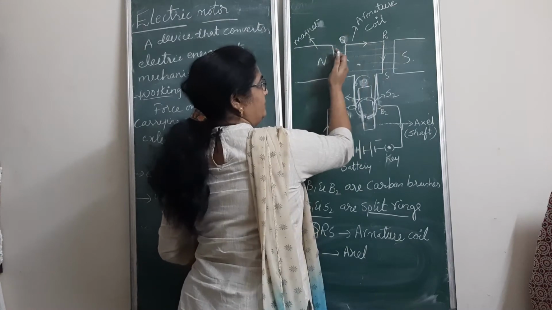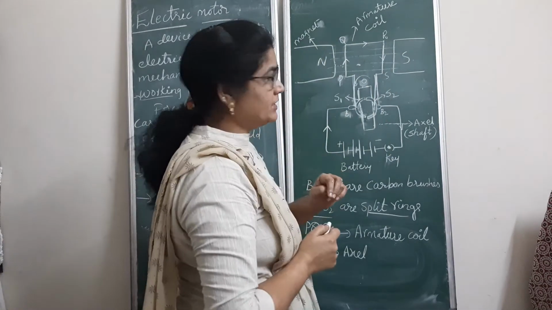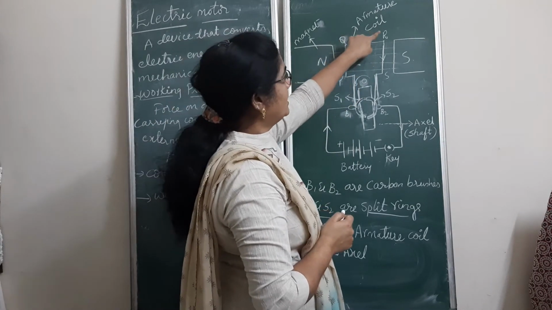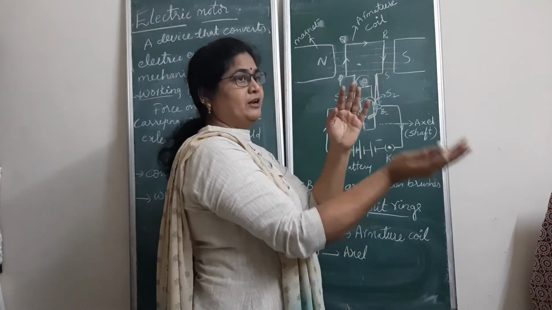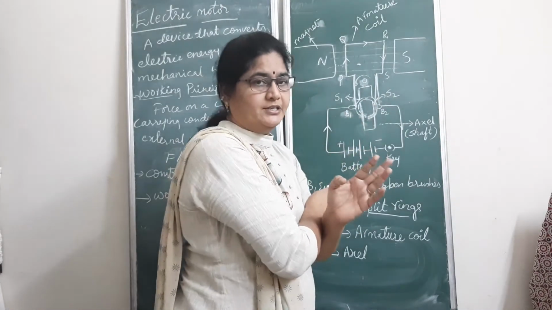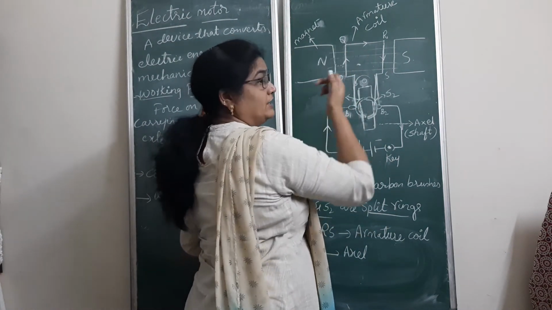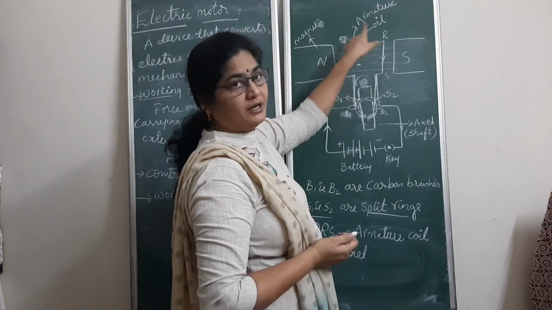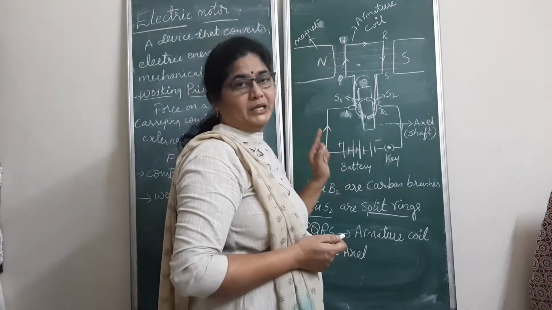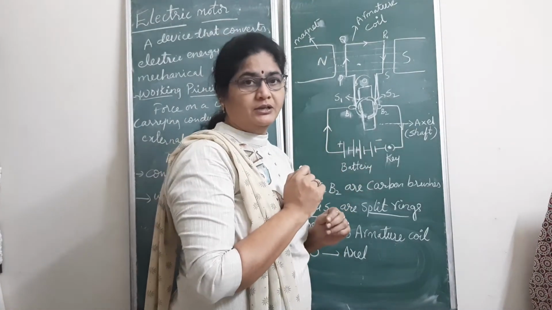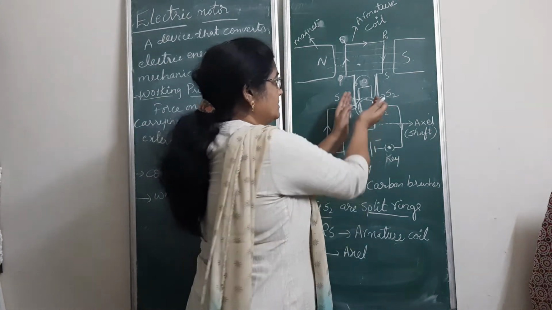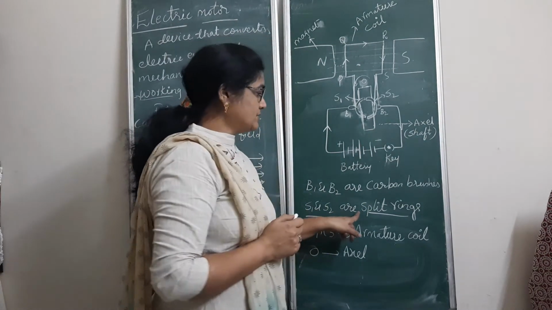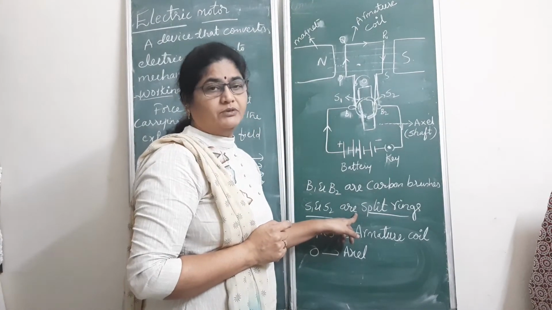In the 180 degrees position, what will happen? RS will come to this side, PQ will go to that side. Initially, before the turning, through PQ the current is from down to up, and through RS it is from R to S. When it is turned to 180 degrees, RS comes to this side, and then the current reverses its direction. Through the RS arm, now the current passes from S to R, and in PQ it is from Q to P. There is a reversal in the current direction. That is because of the rotation of the split rings. So these split rings are called a commutator.